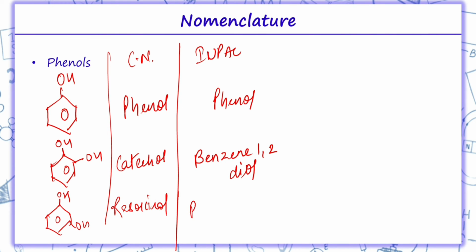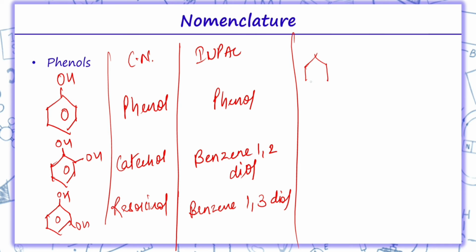and its IUPAC name is benzene-1,3-diol. Similarly, if two OH groups are attached in the para position, that is known as quinol and its IUPAC name becomes benzene-1,4-diol. Now if we have an OH group and in the ortho position we have a methyl group, its common name is orthocresol